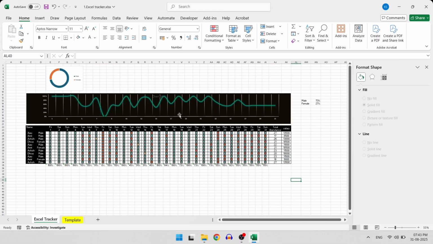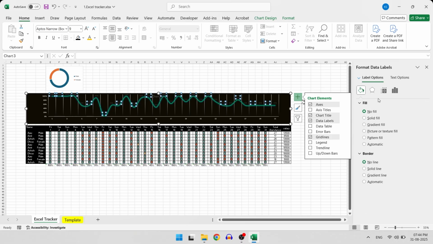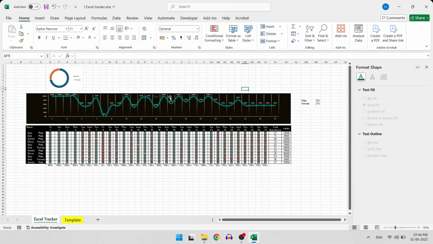And in the chart elements, also add labels, if not taken earlier. And then select the labels and set the font color to white. Now let's resize the chart elements a bit and position them.